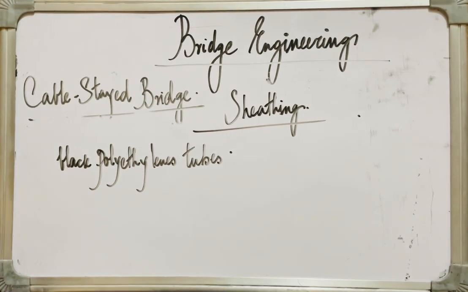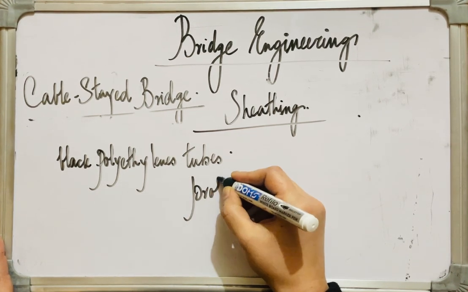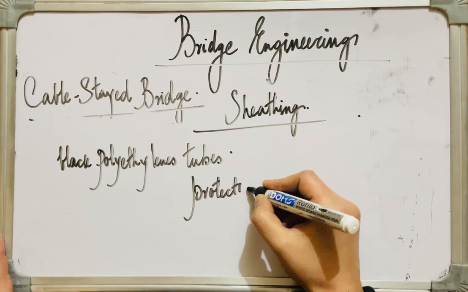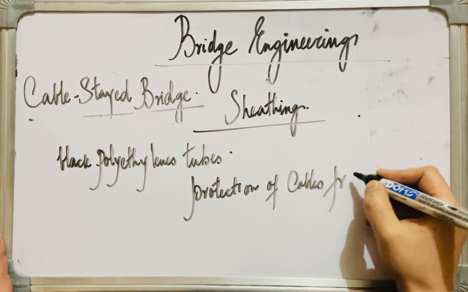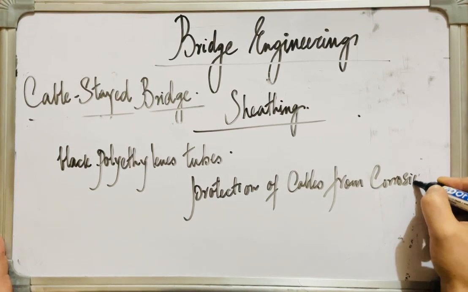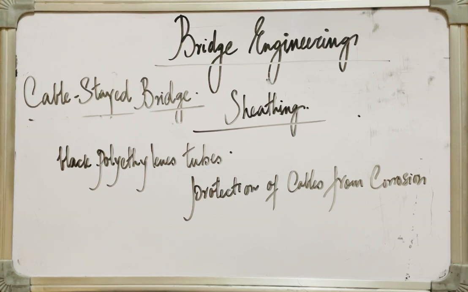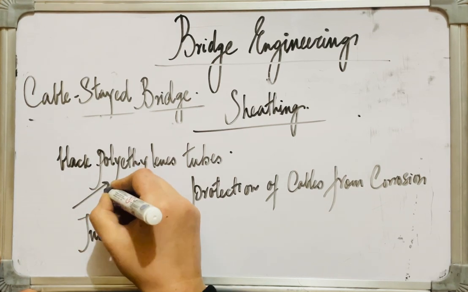So it's quite necessary that we exercise extreme care for the protection of the cables from corrosion, of course. And for that purpose, we place the cables in tubes which are made of black polyethylene,